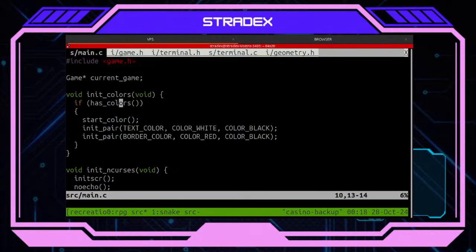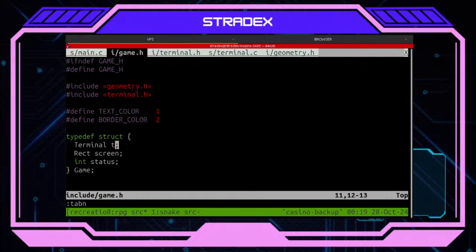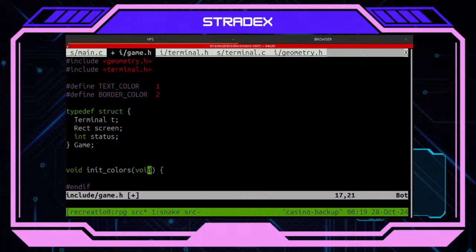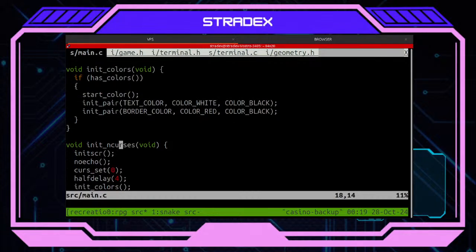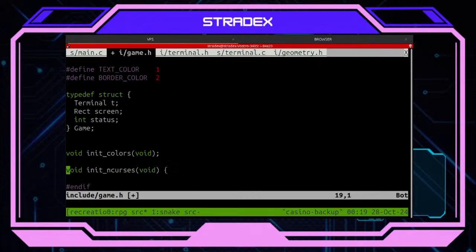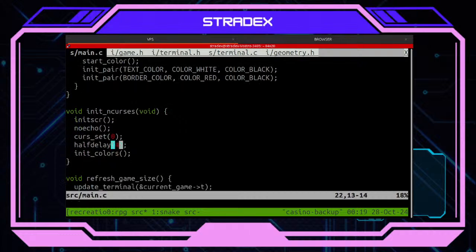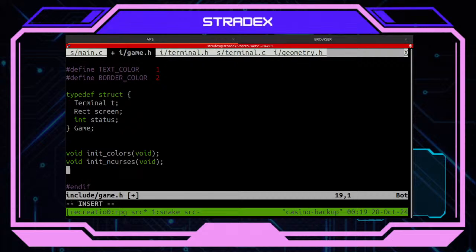I want the init colors function in game.h. This is more NCurses stuff anyway, with the init NCurses here too. I want this refresh game size here too.